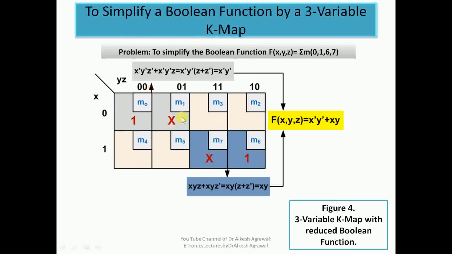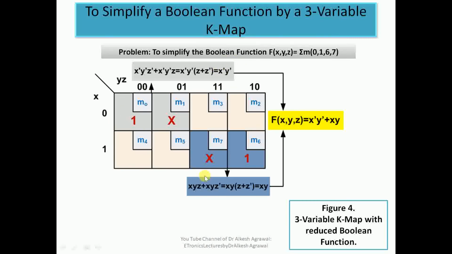We see how we can write. So once this don't care condition is taken as a group, it is treated as 1 now, and the rest of the rules are the same to reduce the group in terms of literals. So you can see for this group with don't care condition, we have x is 0, and out of y and z, z is changing and y is fixed. So we have x bar y bar. So final reduced value is x bar y bar.